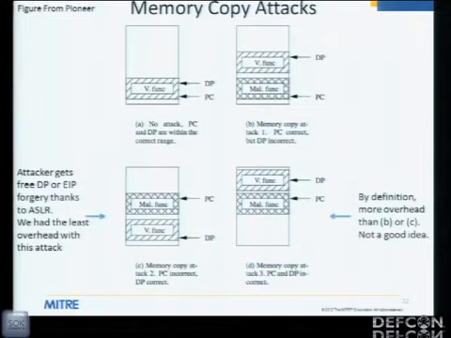Notice if he wasn't forging any of those values, if DP was the same, if EIP was the same, if star DP was the same, he would just be running our untampered code and we would be winning already. So he's going to have to forge some of those values. In the naive case, the worst case for the attacker is where he is forging most of those. The more components he has to forge, the worse for him. So in the worst case, you can see on the bottom right, he's forging the data pointer and